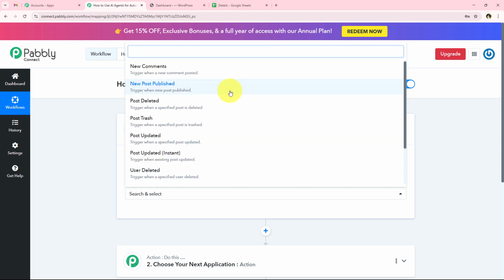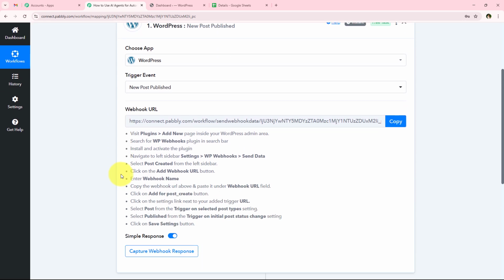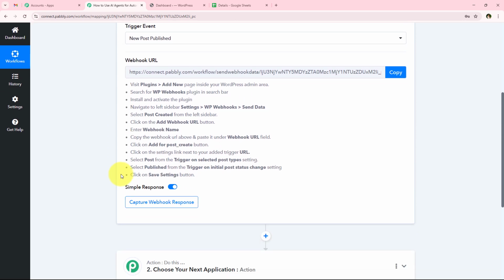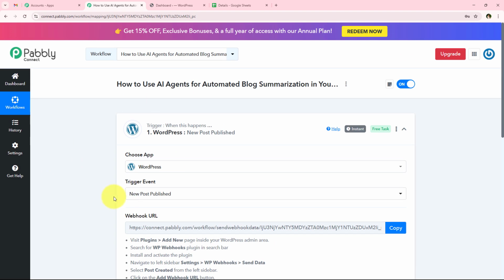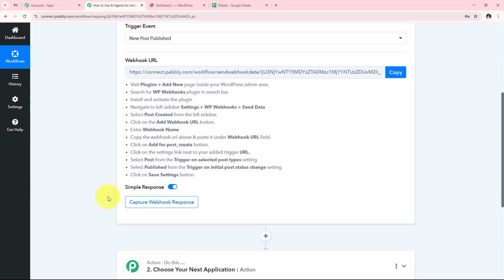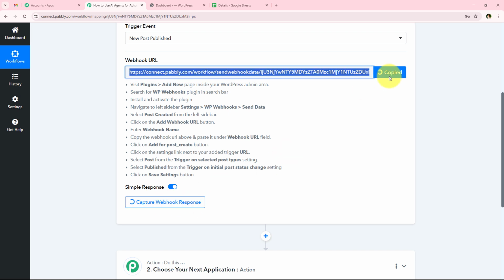As you can see, I'm simply going to select it, and now it is giving me a webhook URL. We are going to use the same webhook URL in order to create a connection between our WordPress account and our Pabbly Connect's workflow. So I'm just going to copy this webhook URL, and then we